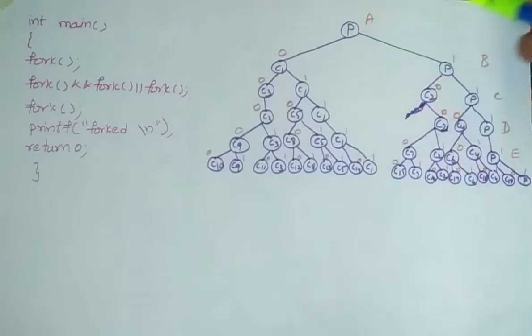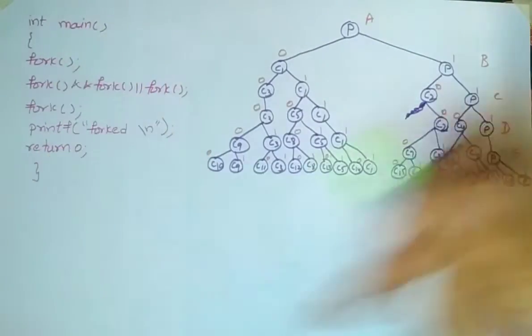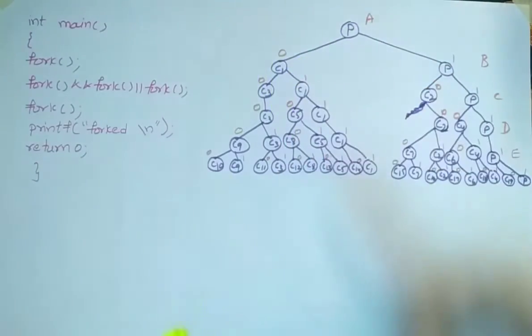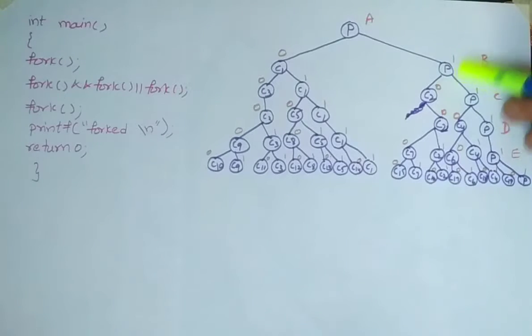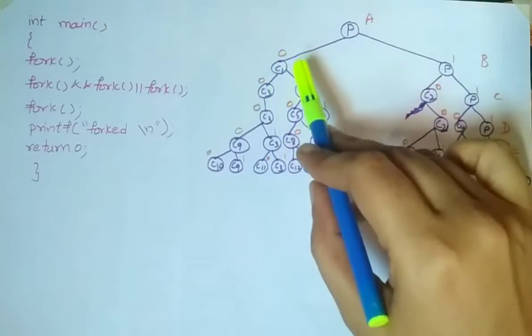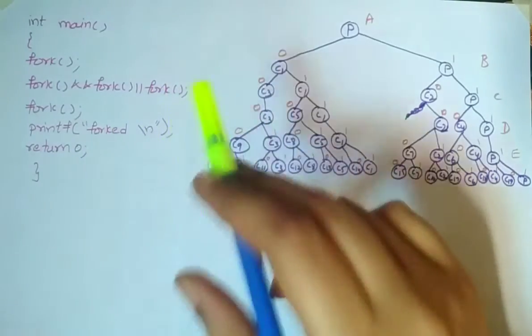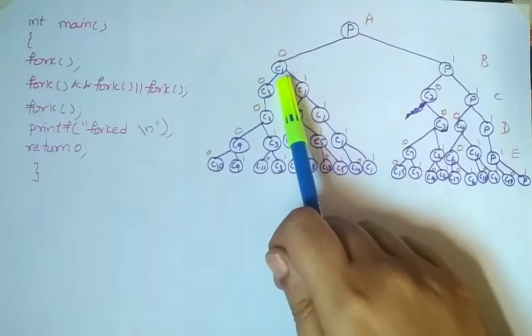Normally, one fork will generate a parent process and then a child process, and there are some identifiers for the processes. For the parent it will return a positive identifier, and for the child it will return an identifier 0. And if the fork operation is unsuccessful, then it will return -1, that is a negative value. So for the parent process it will give a positive value, and for the child process it will give a 0 value.